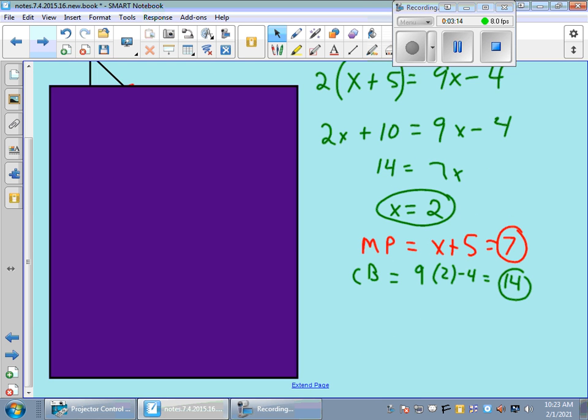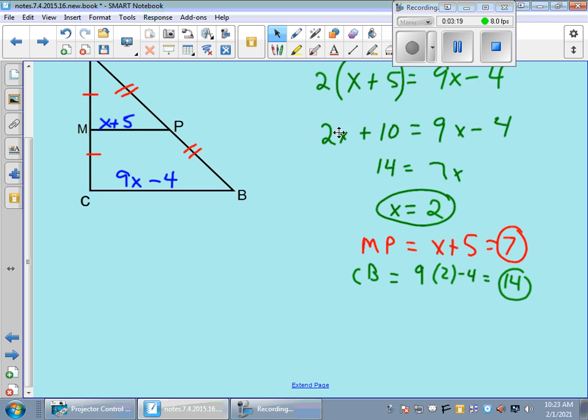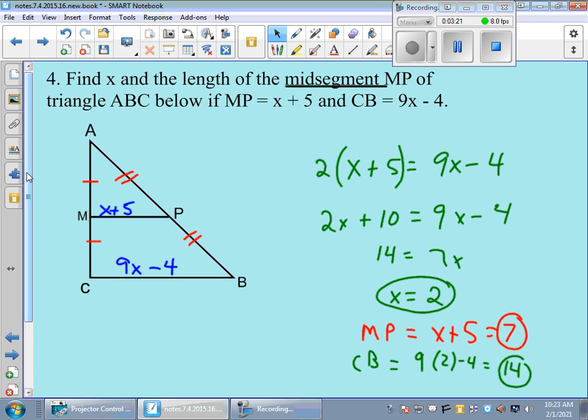This one I have solved also, but what I want you to take a look at here is I would actually want you to set it up correctly first. I did my first step, so I'd go x plus 5 equals 1/2 of the 9x minus 4, and then I would get into the next phase of solving. Find that x is 2, and then you plug it in. I found that MP is 7, and then I did CB